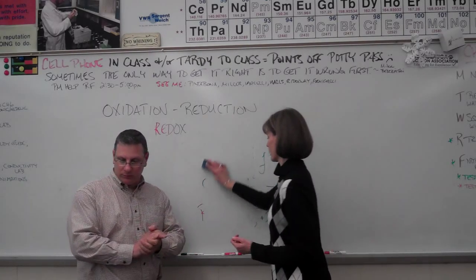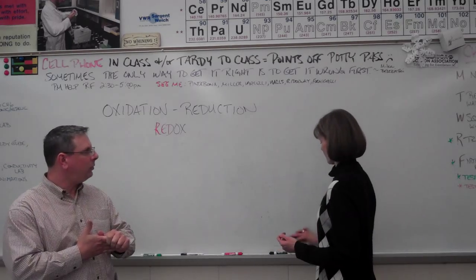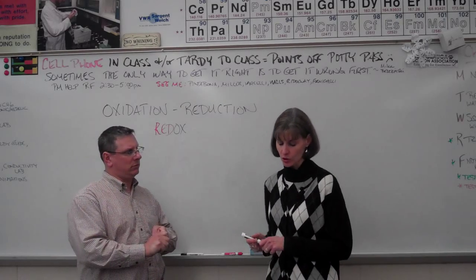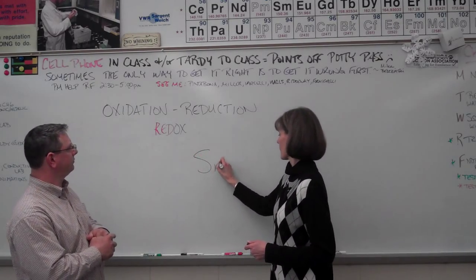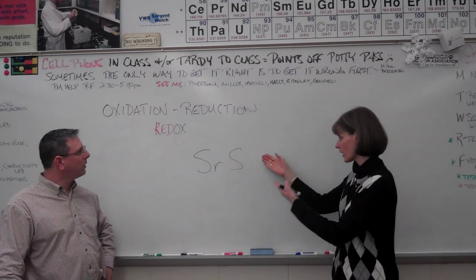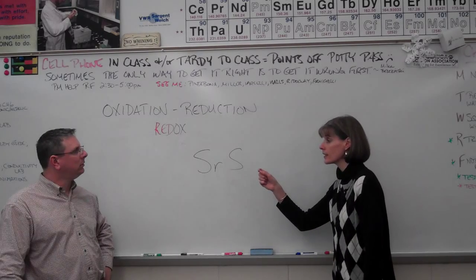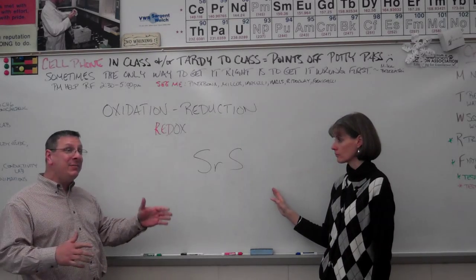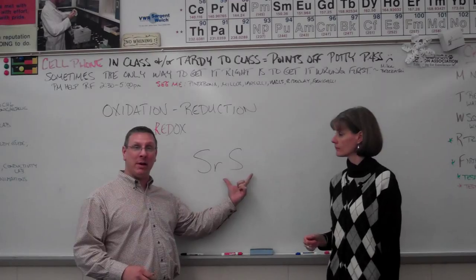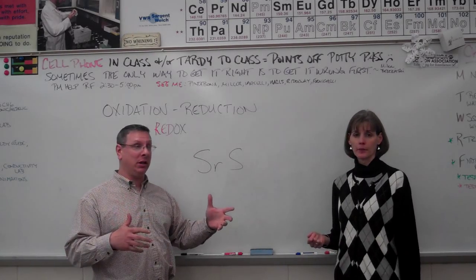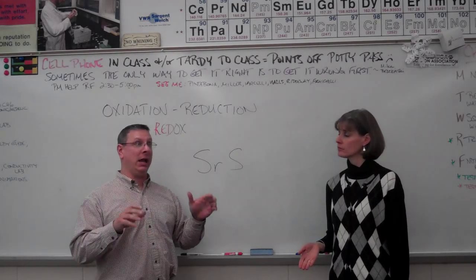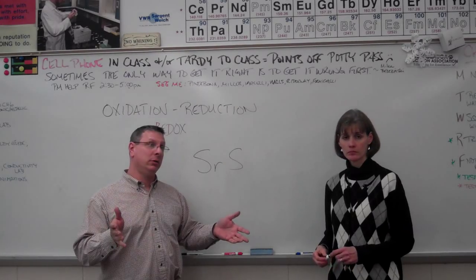Our next example is going to be a different compound, but the same process. Let's do strontium sulfide, SrS, just because it's fun to write. Now, if I said to you, Mr. Sustin, here's strontium sulfide, here's its formula, what are the oxidation numbers of strontium and sulfur? I immediately go straight to the periodic table because I know this is a metal and this is a non-metal, which means this is an ionic compound. So their oxidation numbers are equal to their ionic charges, and they've got to be pretty predictable